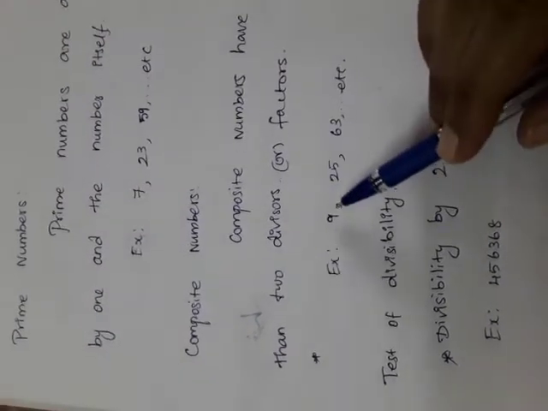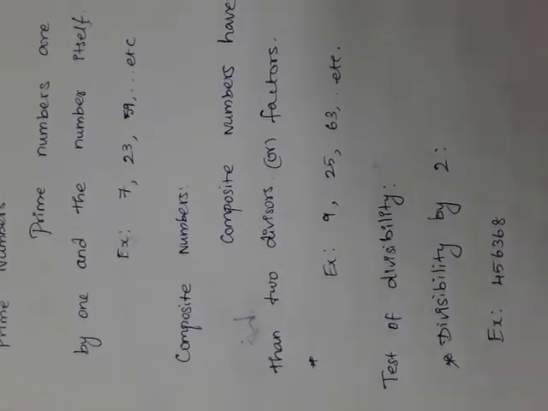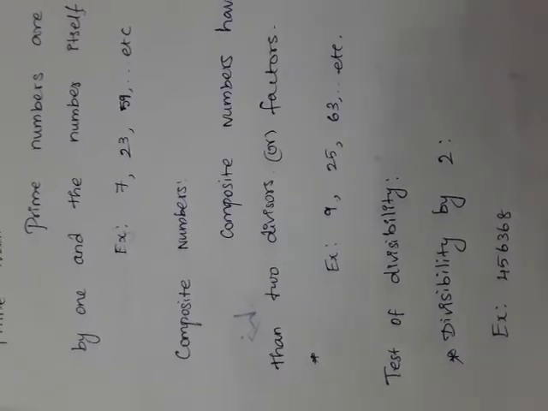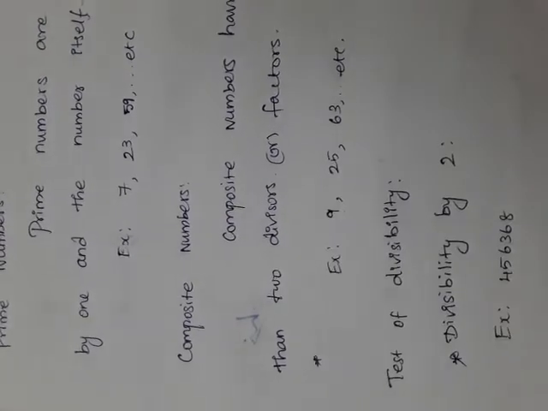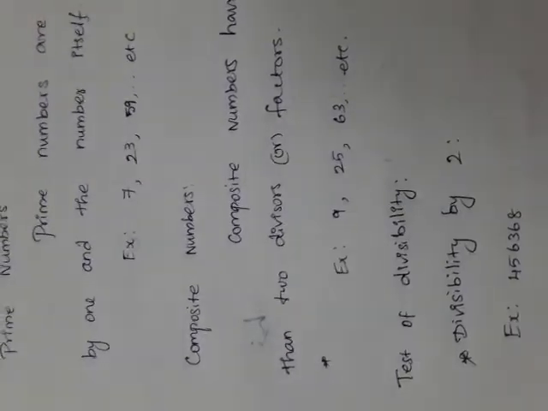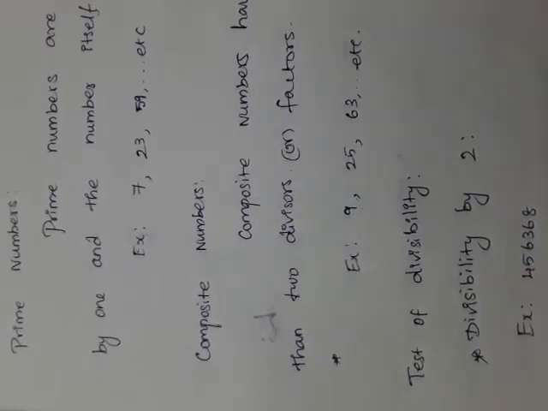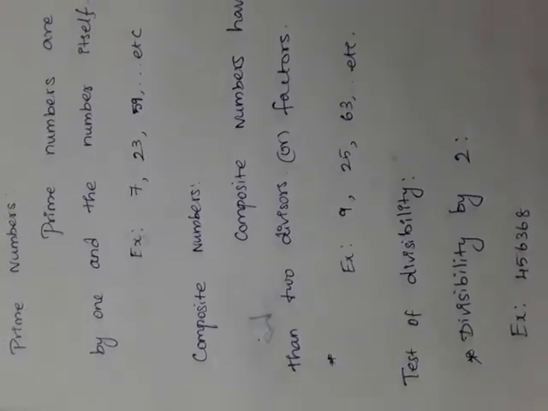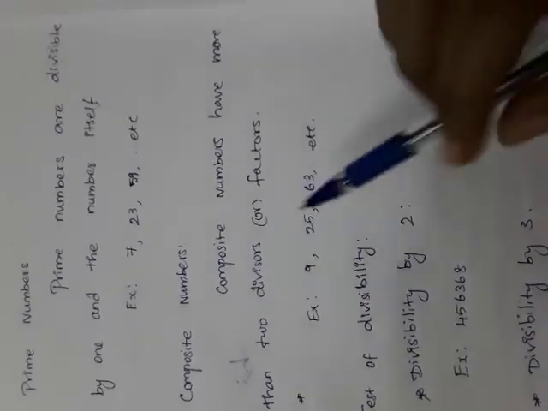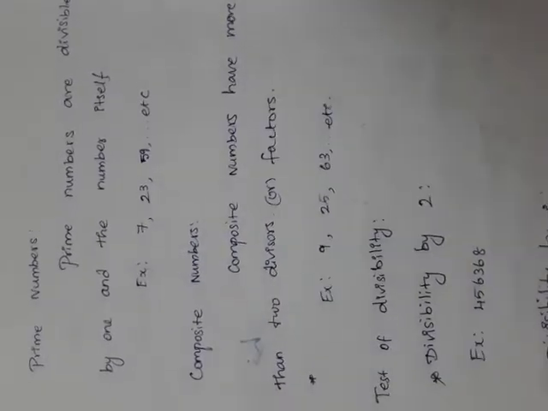For example 9. 1 nine is 9, so it will come in the first table and also the ninth table. It will be divided by 1 as well as 9. Can you have 9 in any other table? Yes, 3 threes are 9. So 9 will be divided by 3 also. So apart from the first table it came elsewhere. That's why this is a composite number. Composite numbers have more than 2 divisors or factors.